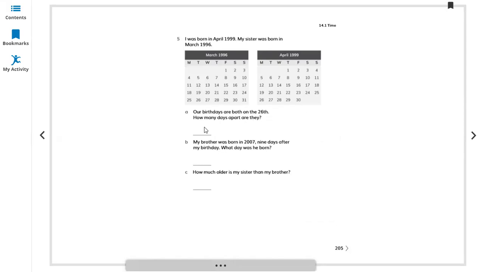So, 26th. I was born in April 1999. My sister was born in March 1996. So our birthdays are both on the 26th. How many days apart are they? Okay. So from here, it's 1996, 1999. It's 3 years. 96, 97, 98, 99. So 3 years, take out from a side. And after this, how many days from March to April? There are 31 days. So we can write it